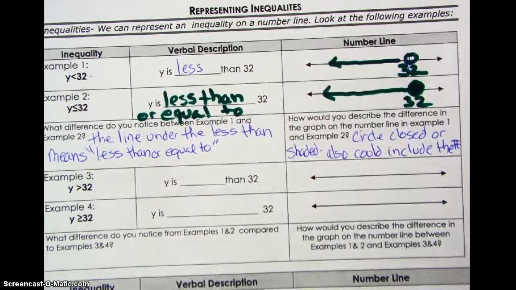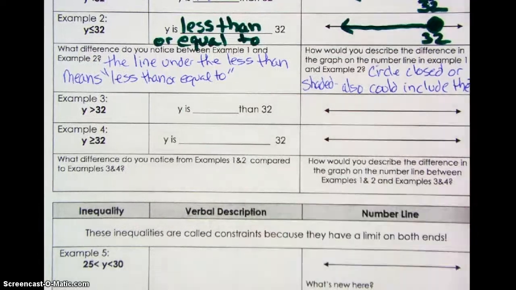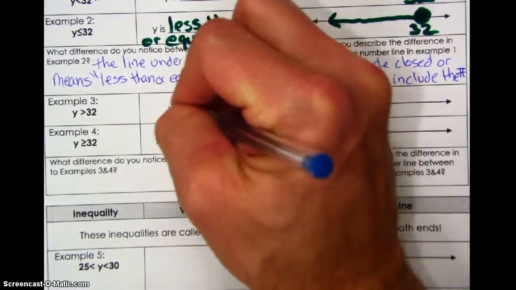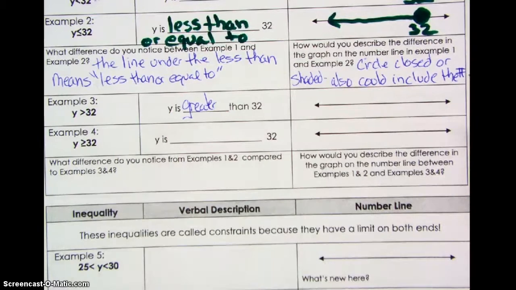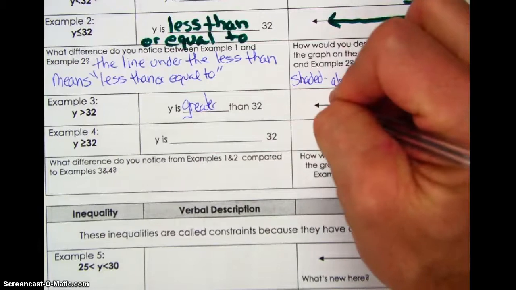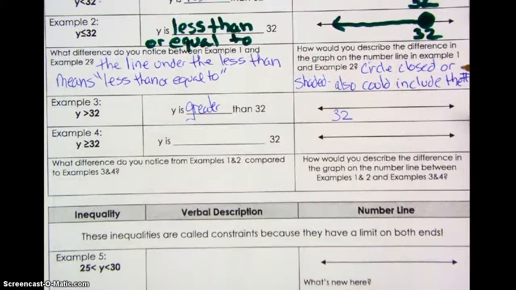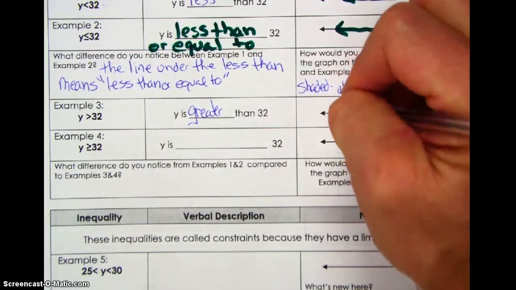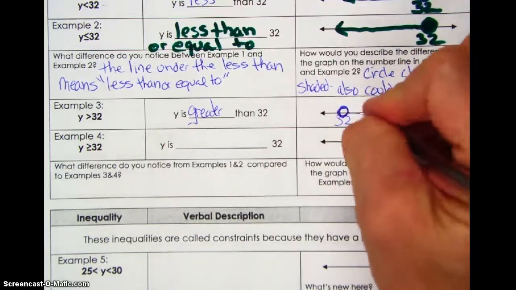All right, let's do 3 and 4 together. Okay, y is blank than 32. Who's got that? Devin? Greater than. Y is greater than 32. So let's go over here to our number line. If y is greater than 32, is y going to be to the left or to the right of 32? To the right. Okay, so let's put our 32 here. And based on what you know from example 1 and 2, what kind of circle am I going to write? Class? Open. I'm going to make an open circle. And our arrow is going to point